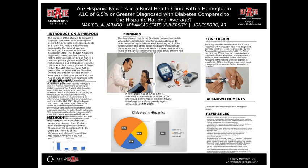So the method used for this study was a randomized retrospective chart review, and it was obtained from 30 charts with the demographics focused on Hispanics amongst the age groups of 18 to 65. The 30 charts demonstrated whether the hemoglobin A1C levels were indicative of diabetes, prediabetes, or normal. The data showed that of the 30 charts reviewed, only 6 lab values demonstrated elevated hemoglobin A1Cs, and